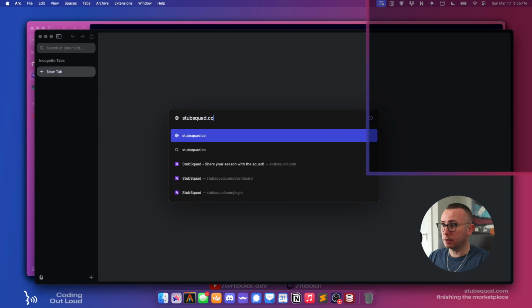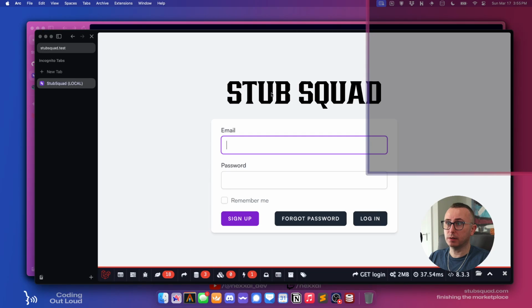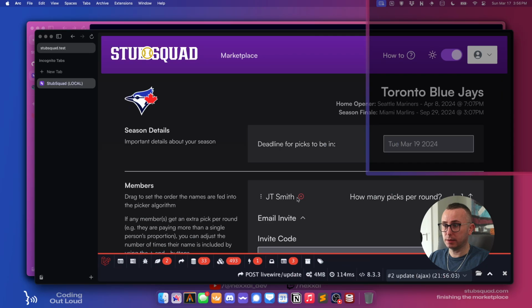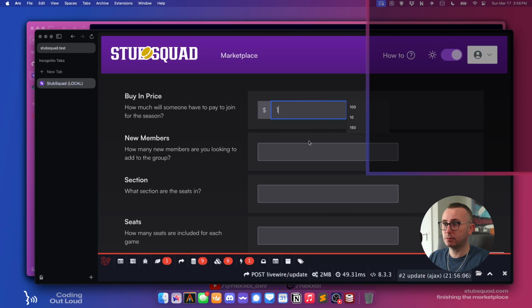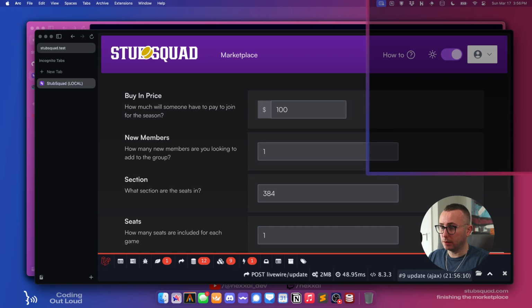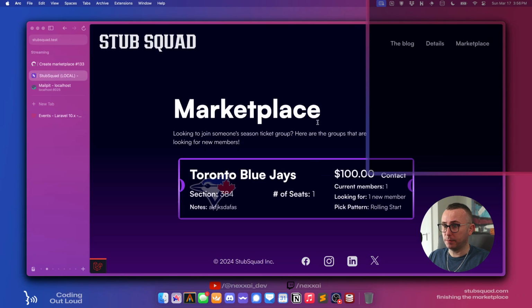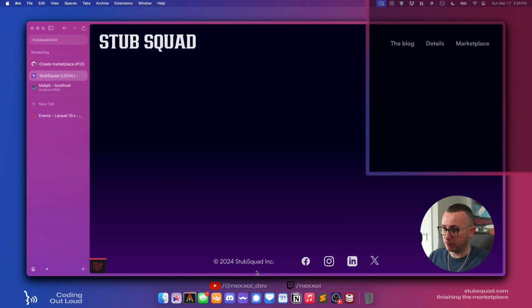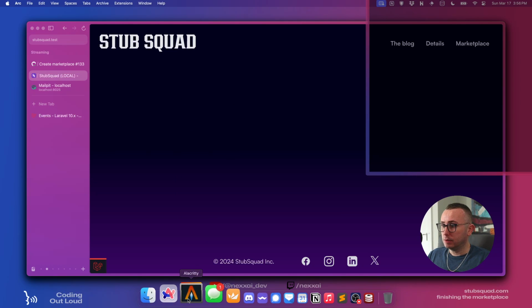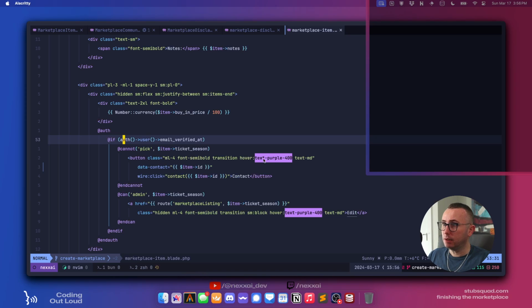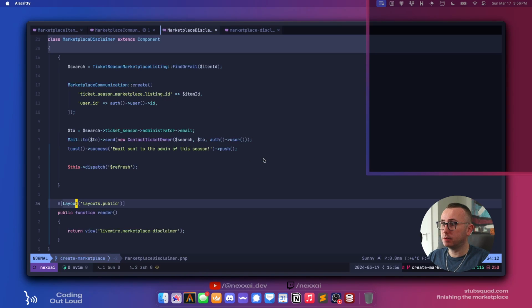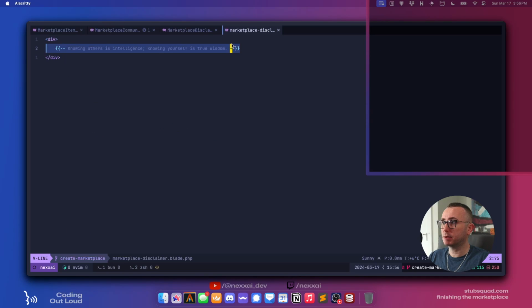Stub squad.test. I'll just log in using this one. And we'll make another listing again. List your open slots. 100. 1. Okay. So now if we go to contact, that should take us to basically like a blank page. Okay, beautiful. So that's what we want to see. And so now if we go to the disclaimer, we should just be able to say like,